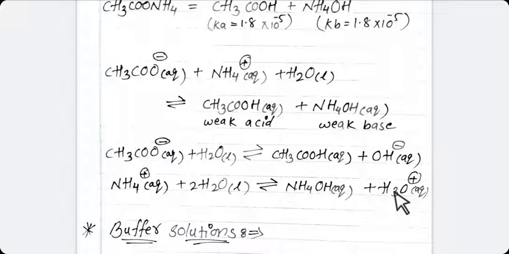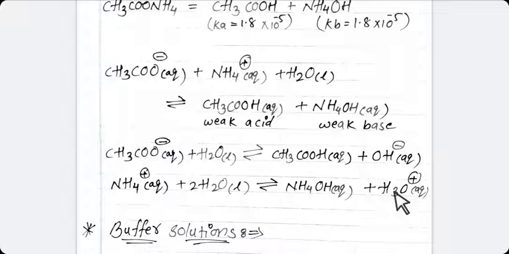So these are the three types of salt. The first type is the salt of a weak acid and a weak base for which Ka is greater than Kb. The second type is the salt of a weak acid and a weak base for which Ka is lower than Kb. The last type is the salt of a weak acid and a weak base for which Ka is equal to Kb. I hope you all understand these types of salt according to Ka and Kb values.